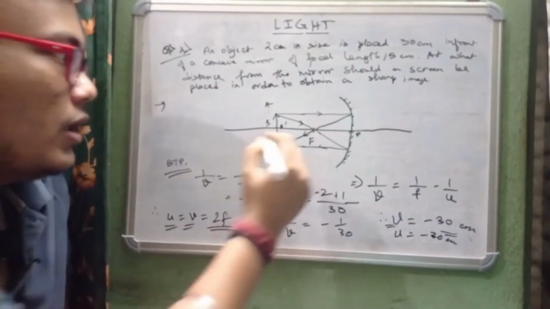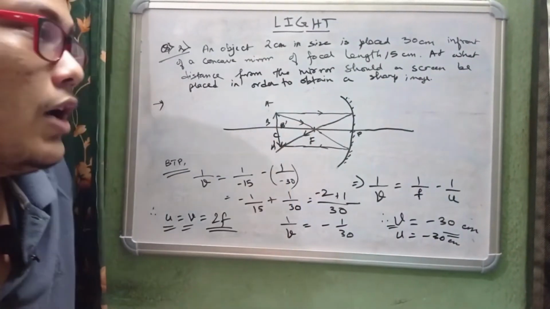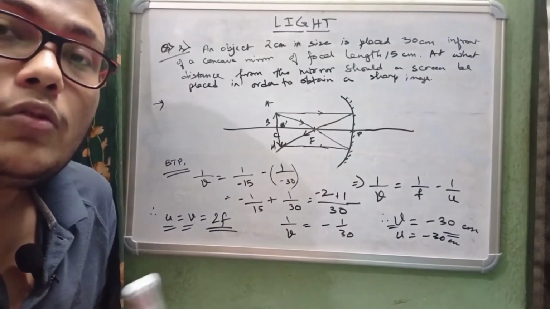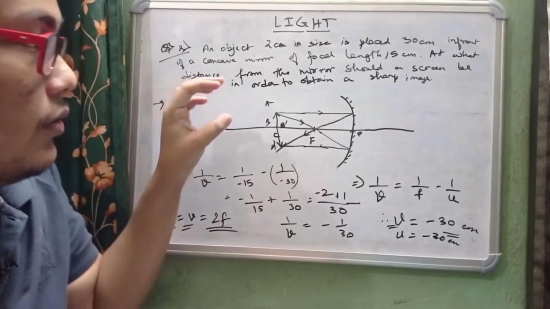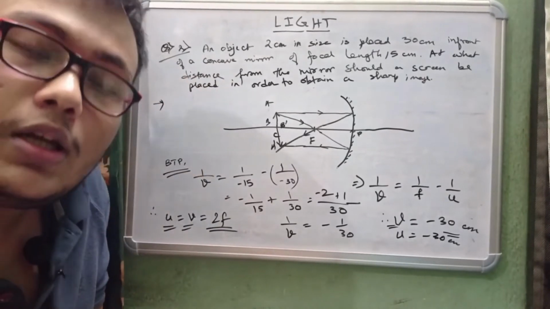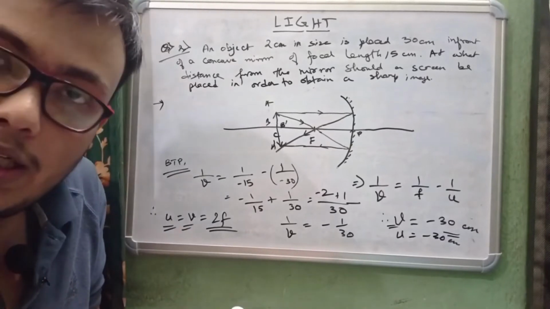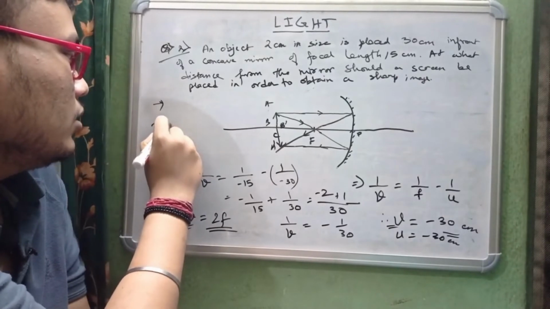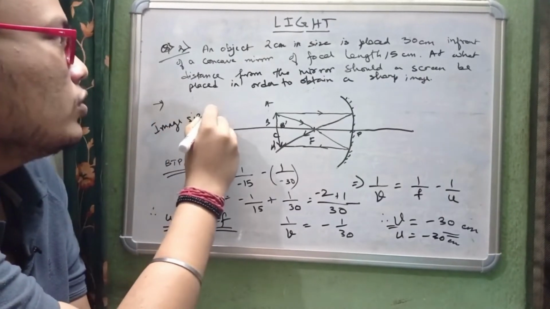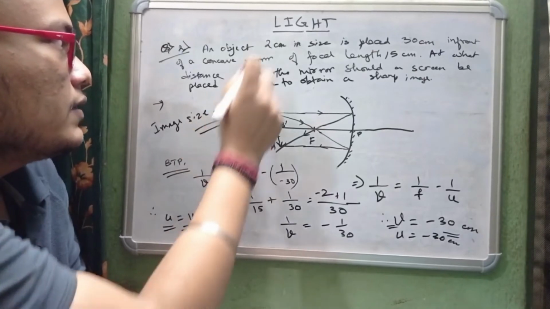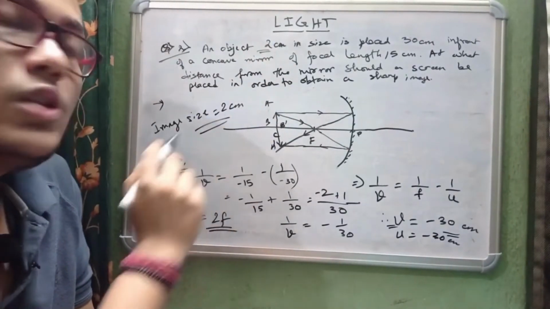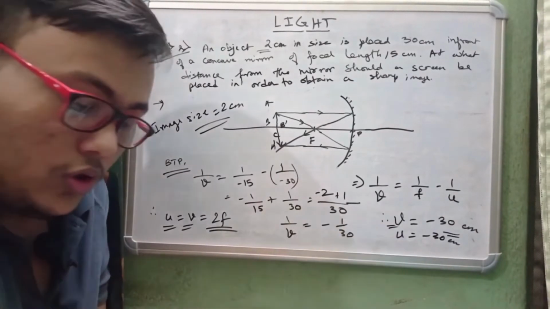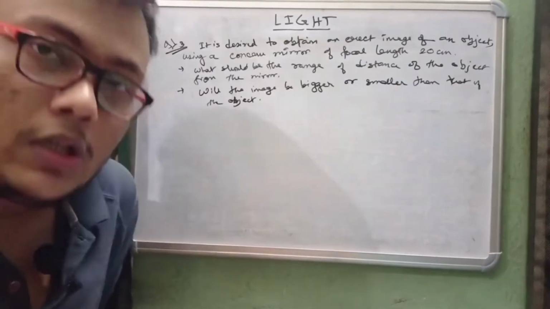So we can see that the object and the image are formed at the same location, that is the center of curvature. And as we have discussed while doing our ray diagrams, we can see here that the object size and the image size are identical, it will be the same. So we can conclude that the image size will also be 2 centimeters, right? It is given in the question that the object is 2 centimeters, so the image size will also be 2 centimeters. Okay, so we will quickly move on to the next question.